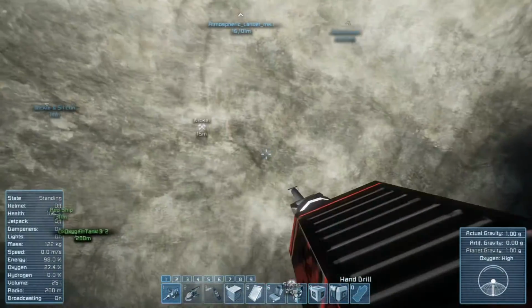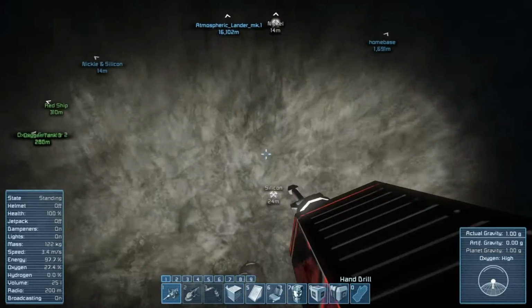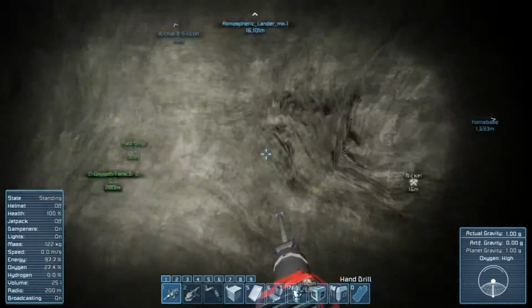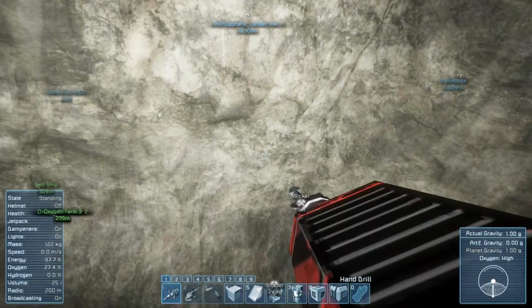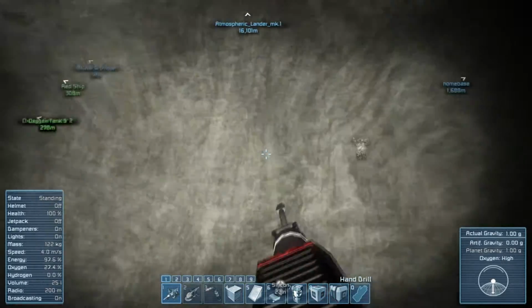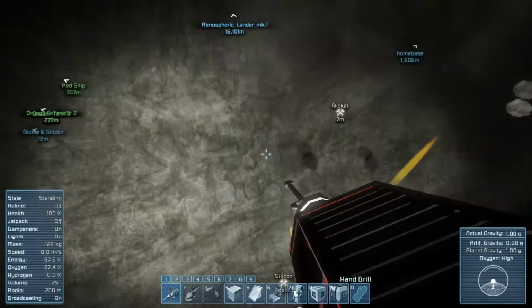Try to be cautious here. Because I would like this to be a decently easy mine to access, because I'm going to be coming back and forth a lot, so where did my silicon end up going here? We're almost to the nickel deposit, which is not what I need at all, but...